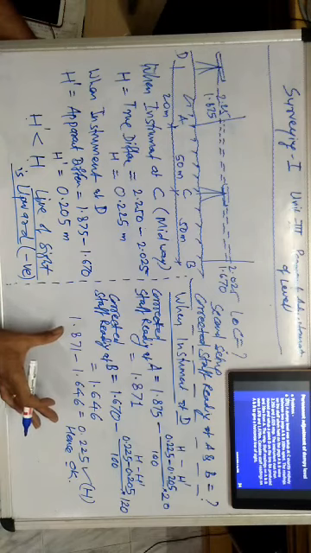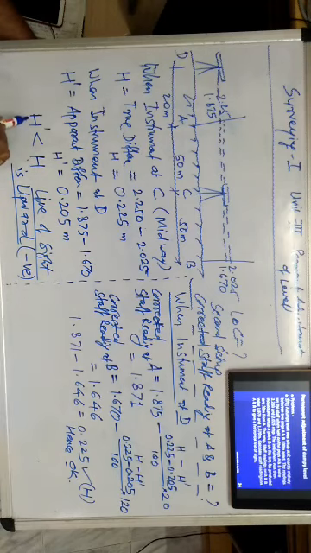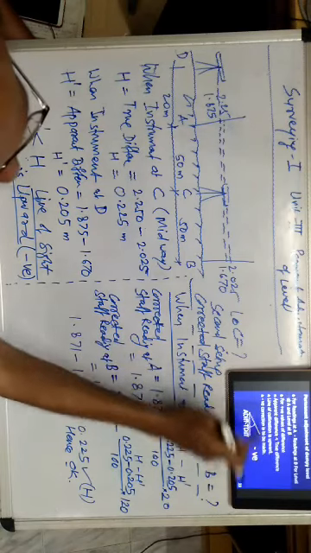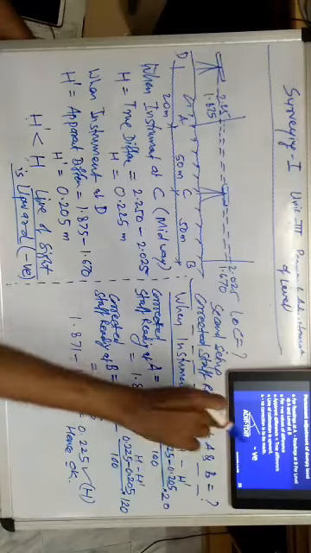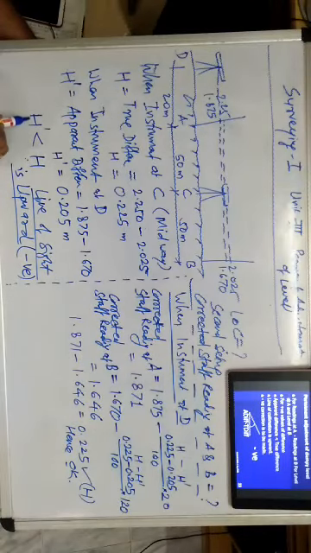If that condition we have to check, and if it is found that the apparent difference is less than true difference, then we can draw the conclusion that line of sight is upward and the correction is negative. So that way in the previous slide it is already given, now we have to remember. And now if the opposite condition comes, it means the true difference is less than the apparent difference. So in that case the line of sight will be downward and the correction will be positive, we can say. So by remembering this condition we can solve the problem based on the permanent adjustment of the dumpy level, and that is the problem asked in Unit number 3.